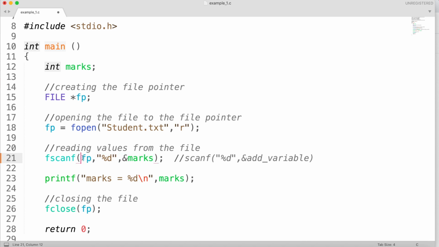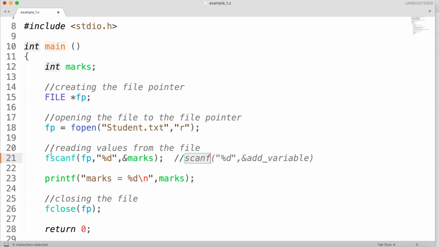Why do we need to specify this fp in the fscanf function? In a given program, there can be multiple file streams open. For the standard scanf function, you don't have to specify the input stream because scanf usually reads from your stdin, the standard input stream.